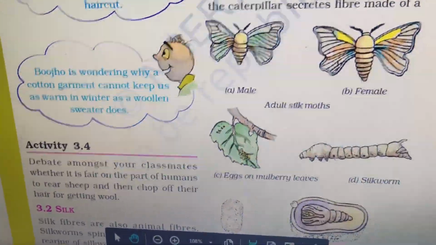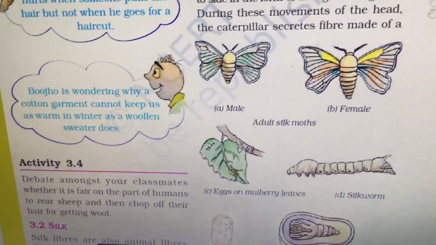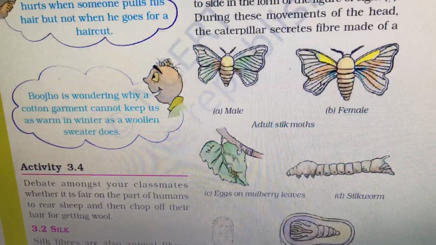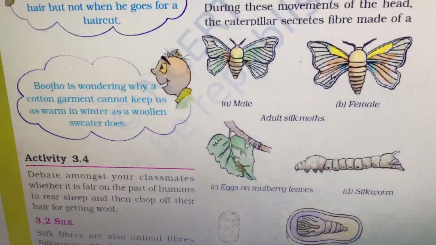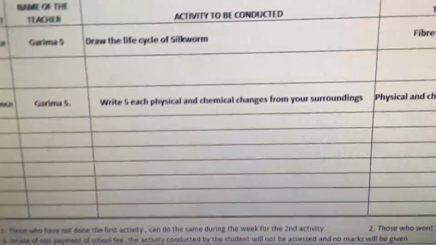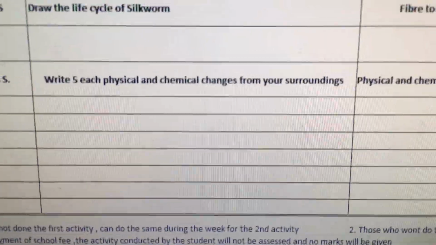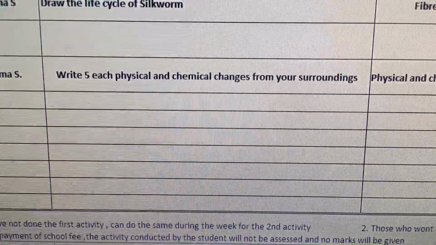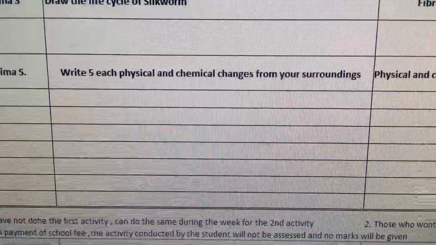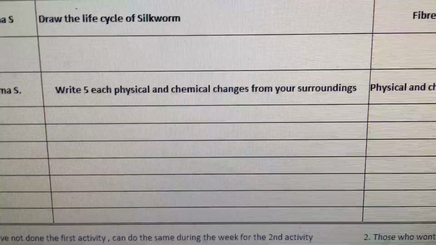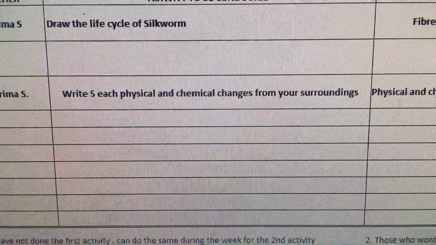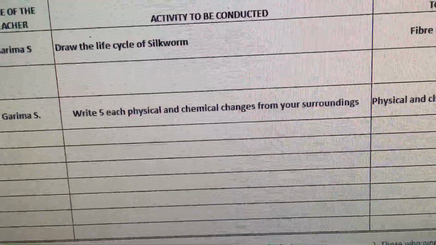Now I'll move to the second activity, and the second activity is that you have to write five each physical and chemical changes from your surroundings. So children, for your example, I have created a few around me.